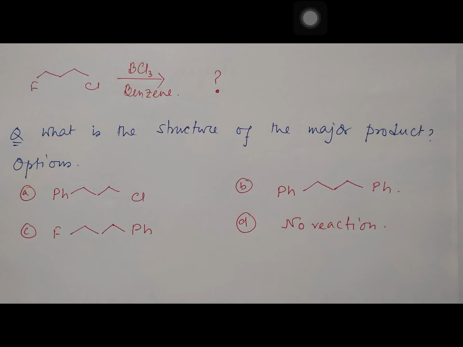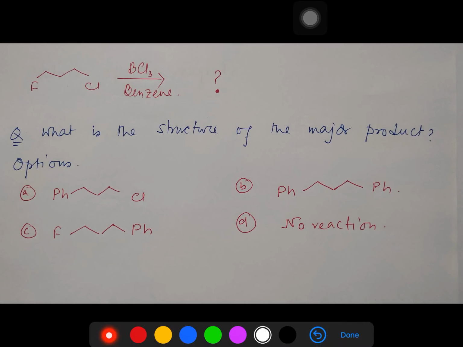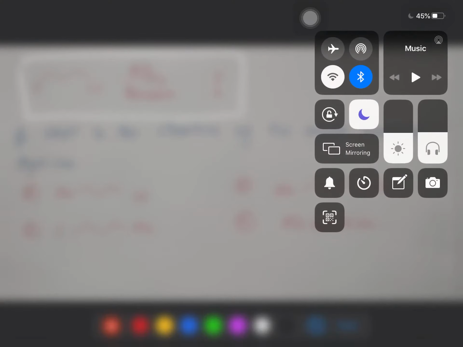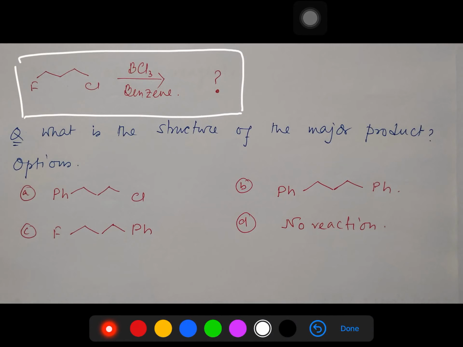So today we will learn a multiple choice question which is shown on your screen. Now you have to find out what is the structure of the major product in this reaction. I have provided 4 options in front of you, so you have to select the right answer. By the way, one interesting thing I want to mention is that